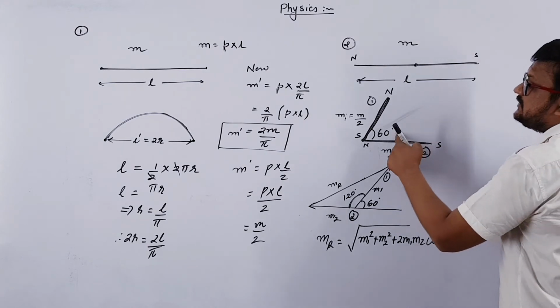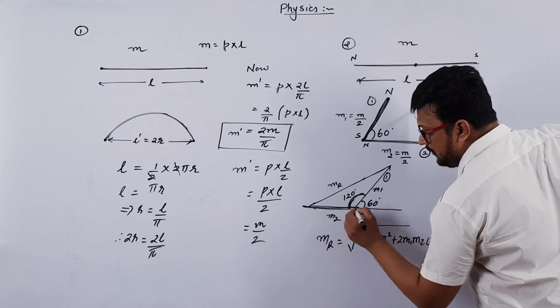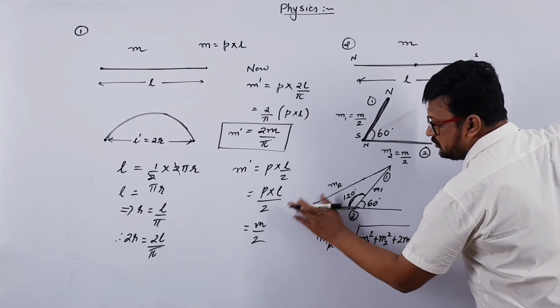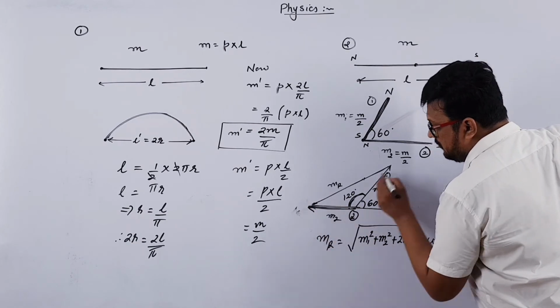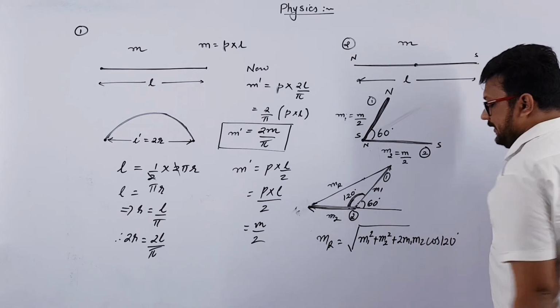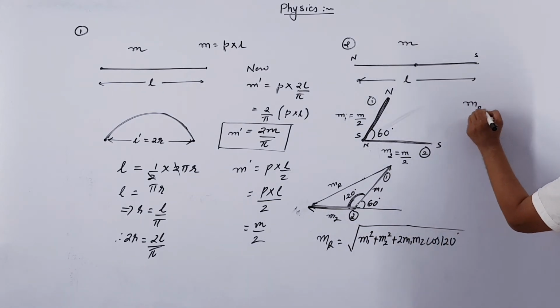Remember here 60 is given, but the actual angle will be 120 between these two magnetic moments. Magnetic moment is a vector quantity, right? So between these two magnetic moments, the angle will be 120 degree. So MR will be equal to